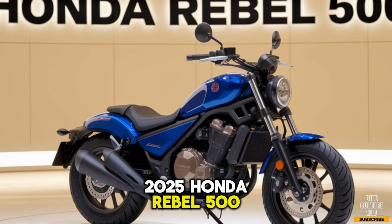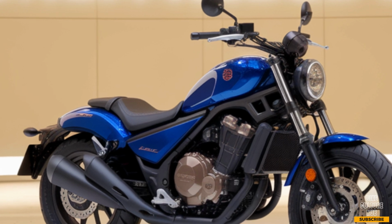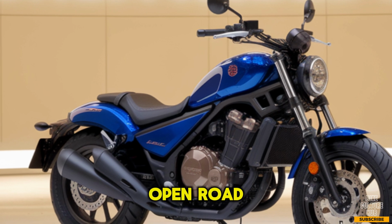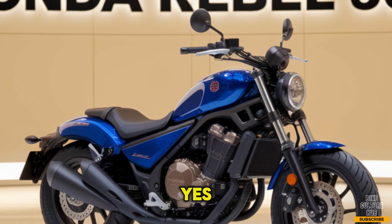2025 Honda Rebel 500, it's effortless. Not in the sense that it lacks effort from Honda's engineers, far from it. But when you swing a leg over this bike, fire up the engine, and roll down an open road, there's an unmistakable sense that everything about the Rebel 500 is designed to make riding feel natural, intuitive, and yes, effortlessly